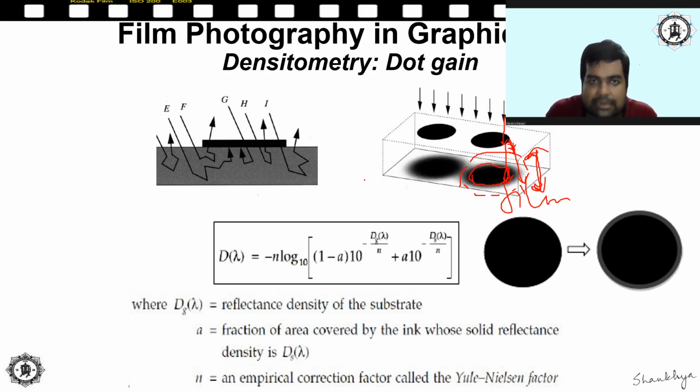After finishing today's lecture, in the next lecture we are going to start on halftone reproduction. So during that, this concept of optical dot gain will be much clearer. In the machine class, you will learn about mechanical dot gain. In this P-Press class, you will learn about optical dot gain. Dot gain is of two types. Dot gain is nothing but an increase in the size of the dot, basically.